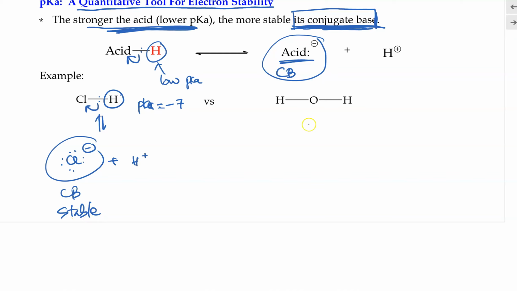Now when we compare this with water, water has two hydrogens, one of which can be given up as a proton. Again, it does the same thing: this oxygen takes the electrons with it and gives up this hydrogen as a proton. So we have the following: hydroxide and the proton. Because the pKa in water is equal to 15.7, which is much higher than the -7 we see from HCl,